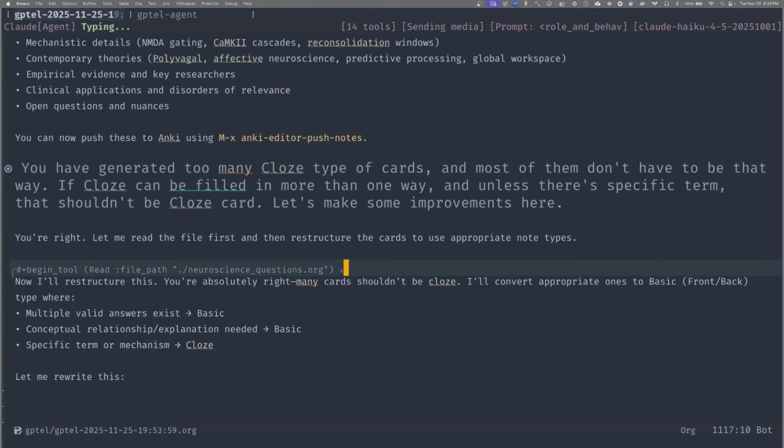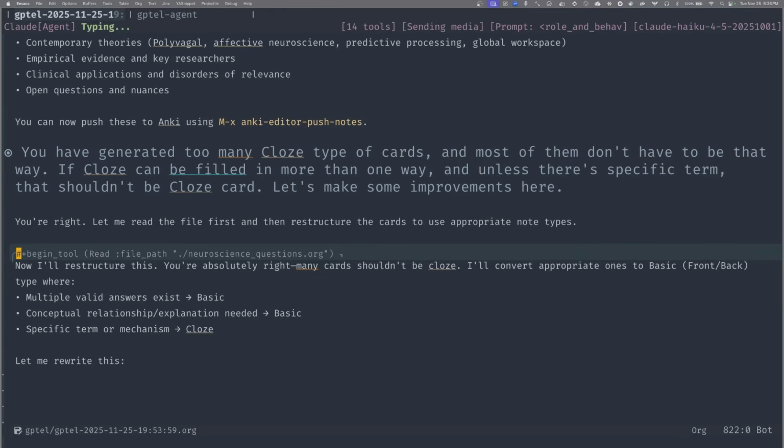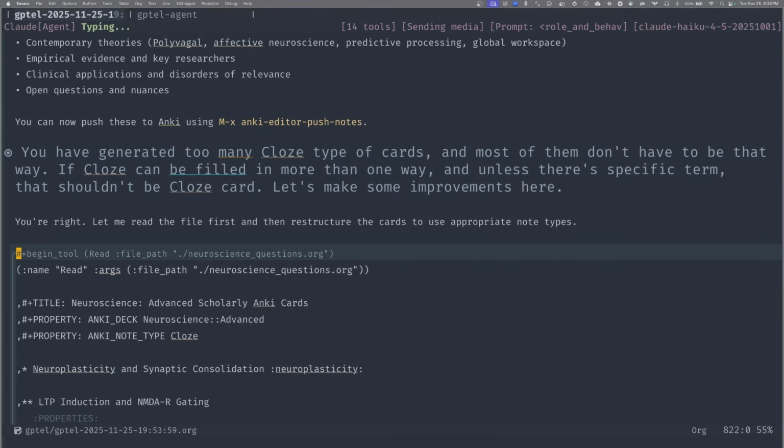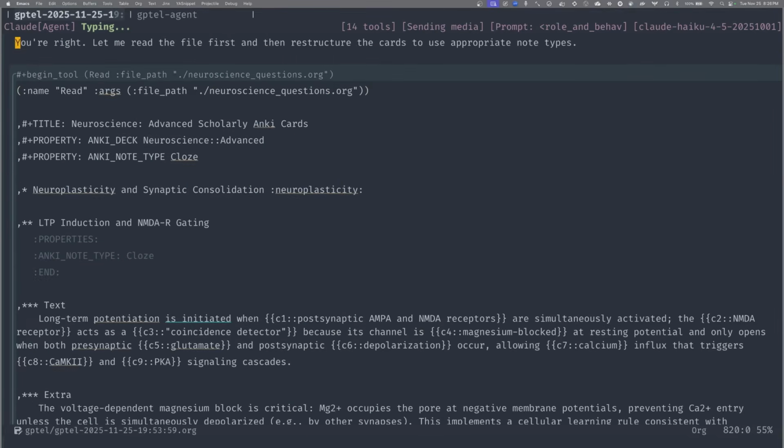If you had said instead in your prompt that it looks like all of these cards should be closed, why are some of these not closed? It would have responded with, you're absolutely right. All of these cards should have been closed. Oh, really? I mean, these models are sycophantic to a fault. It's rewriting, yeah.